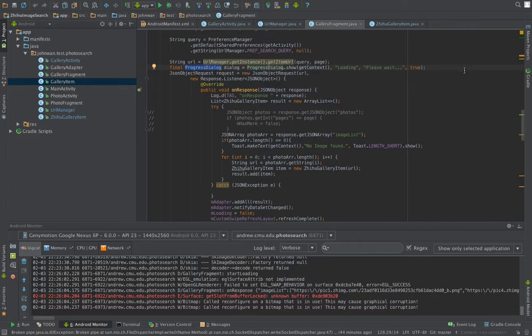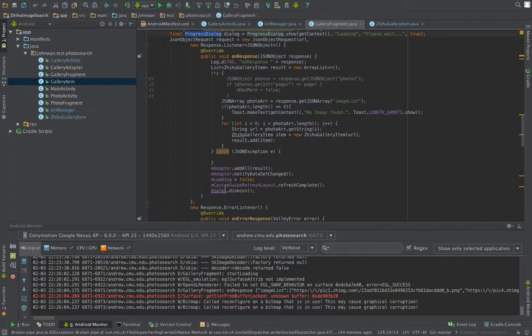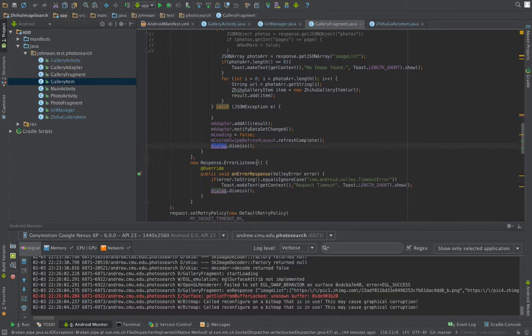When we are loading the images, it sometimes takes time, so we don't want our user to refresh the list and make more requests to the server, which would make our app much slower. So I just start the progress dialog when they start a query, and dismiss it after we get a response